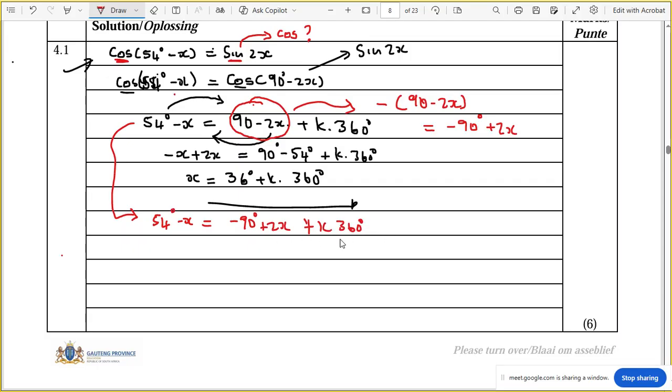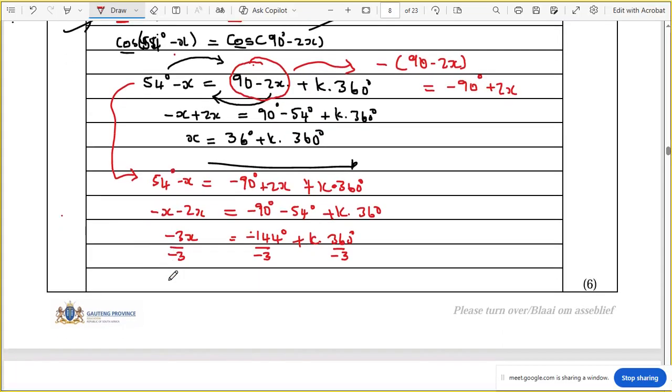Then from this, you can bring the 54 to the other side. So I'm left with minus x minus 2x equals minus 90 degrees minus 54, then we add k times 360. Minus 90 minus 54 gives us 144. So this will be negative 144 degrees plus k times 360, and then minus 3x. Divide everything by negative 3. So the final general solution,